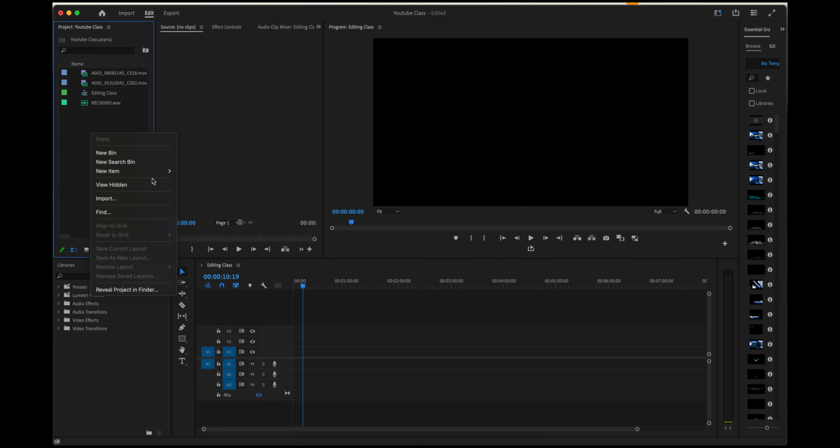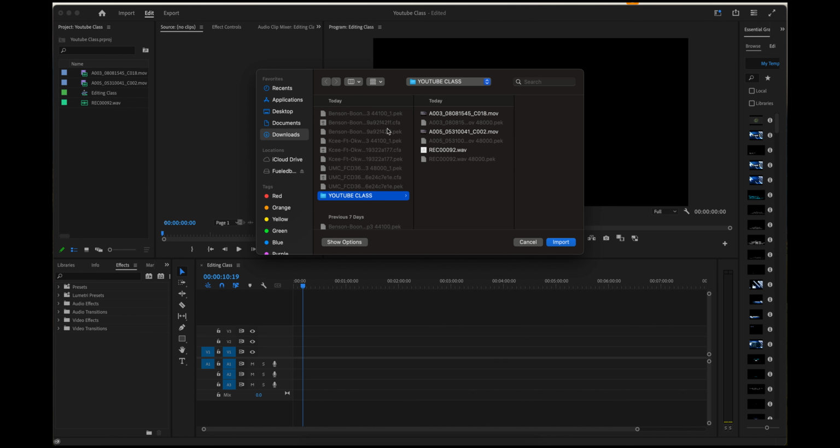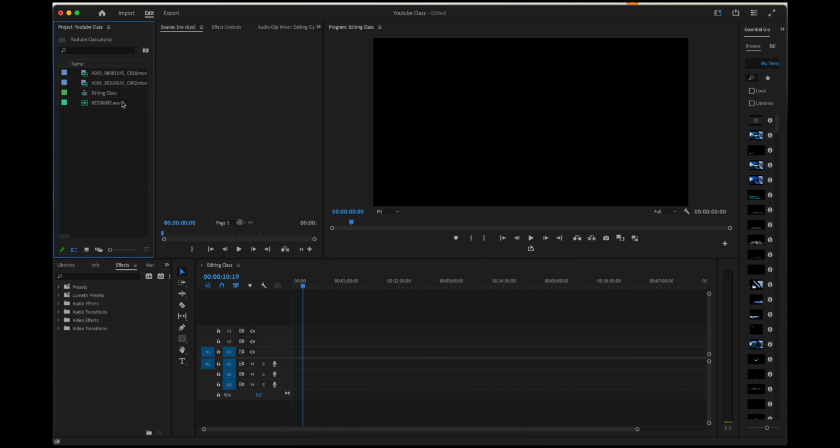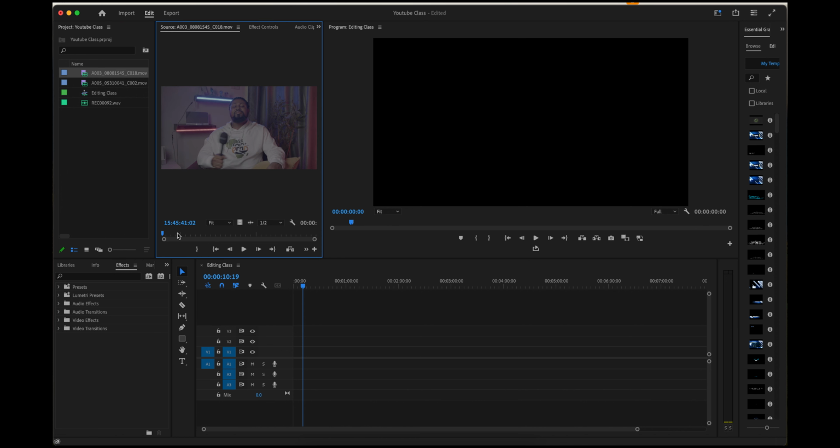You right click and import. It's going to still open this dialog box where you import your files. So when you have these files, this is your source clip. This is where you preview. If I double click, it takes me to this source clip, right? So this is like your main timeline. This source clip,